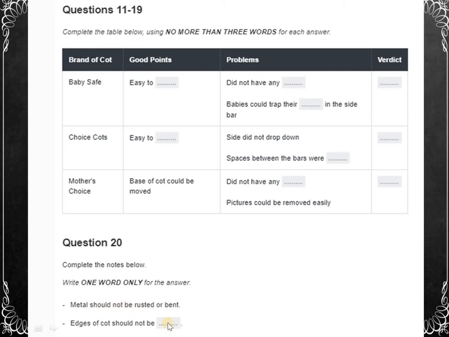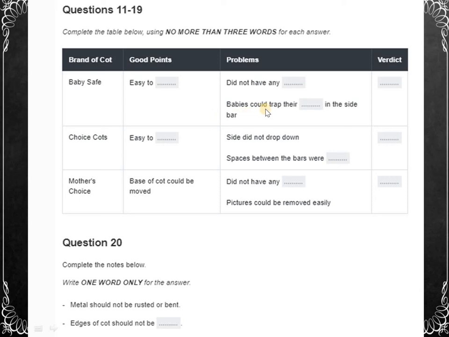That's just one question over here. So edges of the cot should not be... So it either talks about the quality or the price. So let's hear what it is. Now, baby safe, choice cots, and mother's choice. So baby safe is easy to, you have to find out what's, over here did not have any